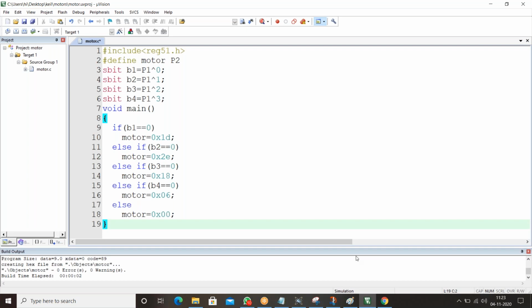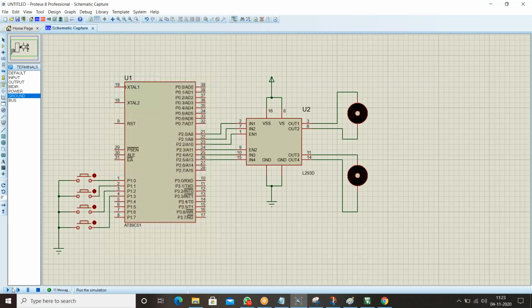Okay, guys, I hope it's clear for you. When I push button one, first case should be implemented. If I push the second button, second case will be implemented, like the remaining two. If I'm not using any of these cases, else motor should be zero. Motor should not work. Let me rebuild this because I just edited the same hex code. Okay, I'll run here.